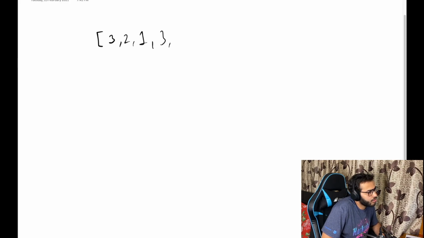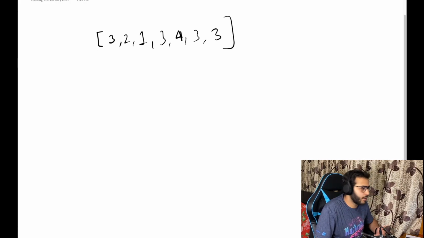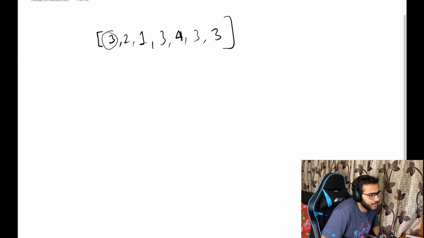So let's say we have a given array which has a majority element present. We have something like, let's say, 3, 2, ... how many elements? 1, 2, 3, 4, 5, 6, and we'll have 3 again. So 1, 2, 3, 4, 5, 6, 7 elements, and 3 is present 4 times, which is more than n by 2 times, right? And we have to find out the majority element. So clearly, since we have made this array, we know the majority element is 3.